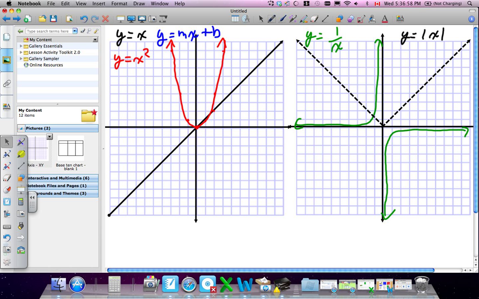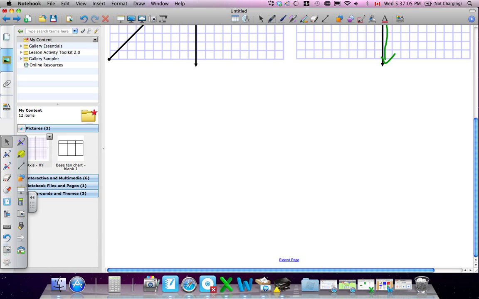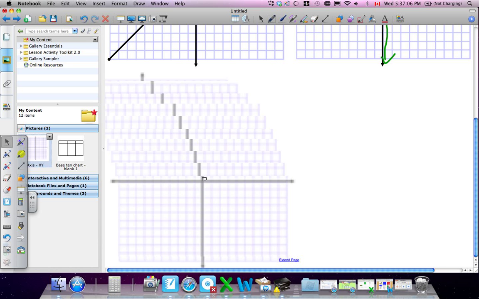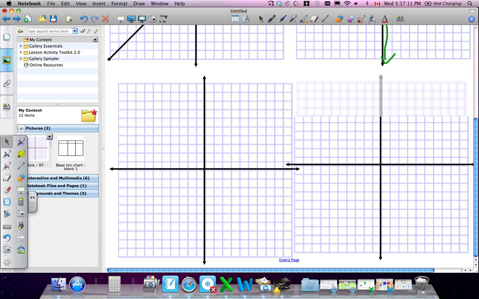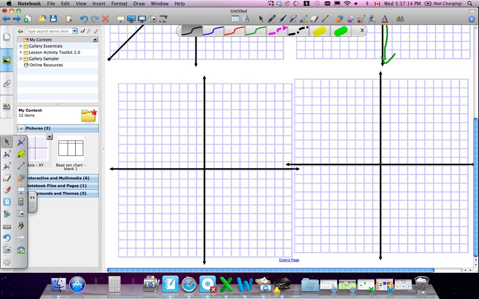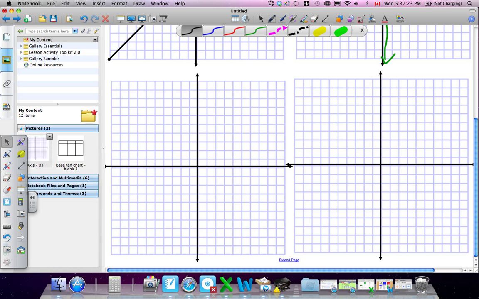Another function that you could deal with is the square root of a number. So what they've done on their square root, this is y is equal to the root of x. Now, it's a little funny, they've done it only as positive. Can't they go negative? Yes. Technically, unless they have some type of